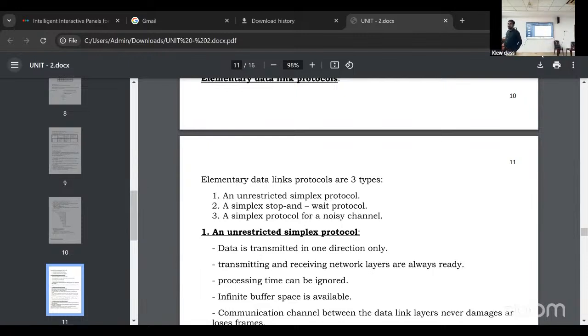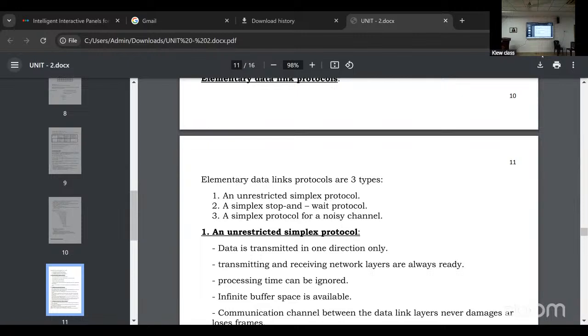So by tomorrow, what are the pending topics? Error correction, error detection, HDLC, and one more: CSMA. Tomorrow morning session first, we need to finish error correction and error detection. After that HDLC, then lunch break. After lunch break, we'll go for CSMA, TDMA, FDMA. So we complete the third unit also.